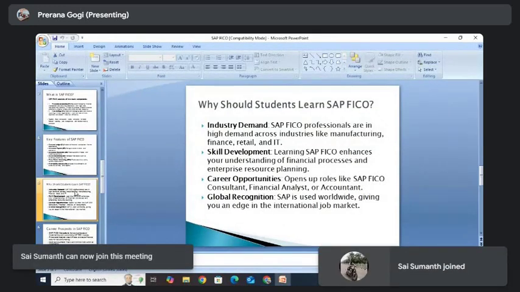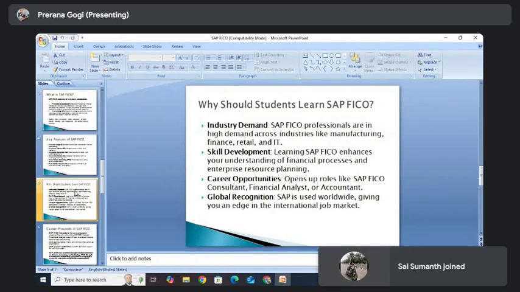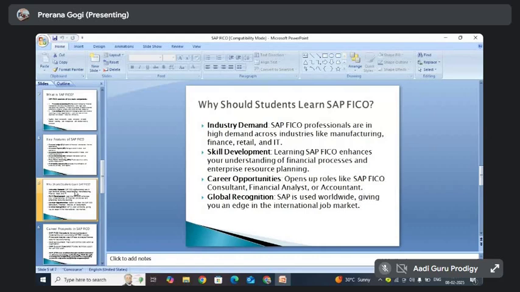Then why should we learn FICO? However, now we have a demand for it. As I explained, probably other modules work or not. Probably all other modules like HR, plant machineries or any other modules work or not. But it is definite that our SAP FICO works until and unless we don't deal with any finance. And is it possible for a company to stand without doing any finance? Nowhere, right?